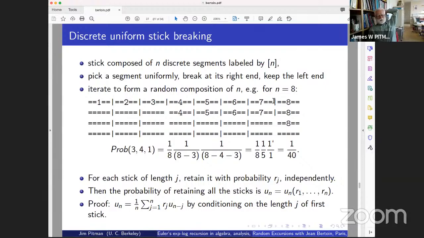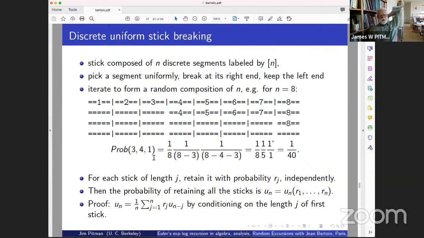So here's my stick. It's got 8 segments. I pick a number at random. It was 3, and I break to the right of 3. And now this is my remaining stick. I break to the right of 7. I picked 7, and now the only place I can break is at the end. I end up getting 3 sticks of length 3, 4, and 1, and that is a random discrete stick breaking